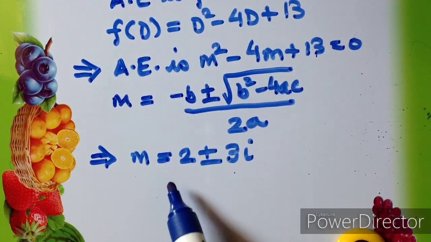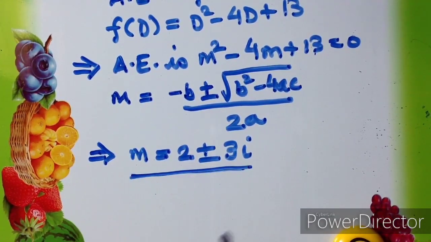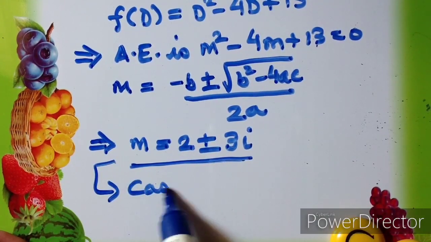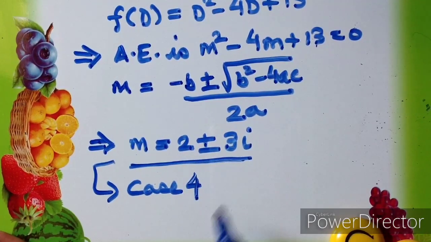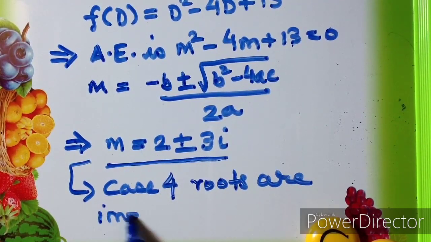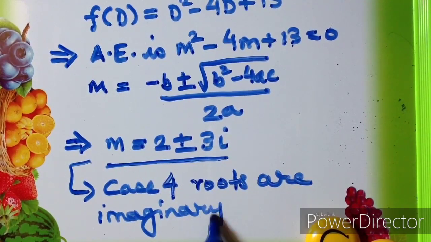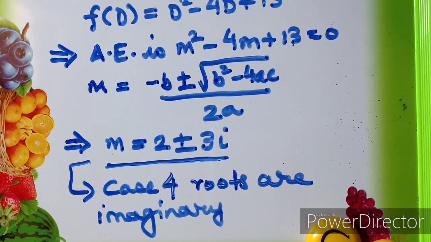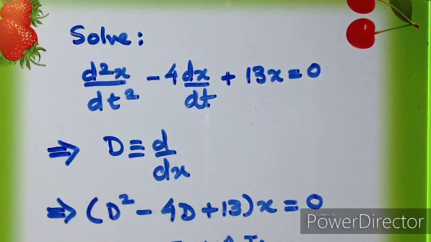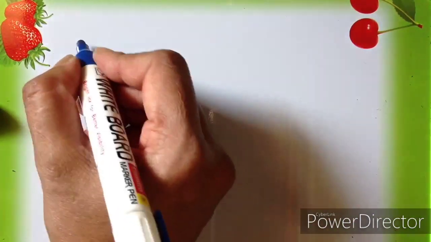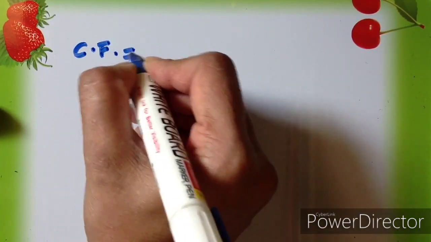Now what type of root is this? We had seen 4 cases. Out of those 4 cases, this particular root belongs to case 4, where the roots are imaginary. You can go back to that section of the video and refer once again to what we said the CF should be for case 4 if the roots are imaginary. So I will write it over here. Since the roots are imaginary, in this particular case the CF is nothing but